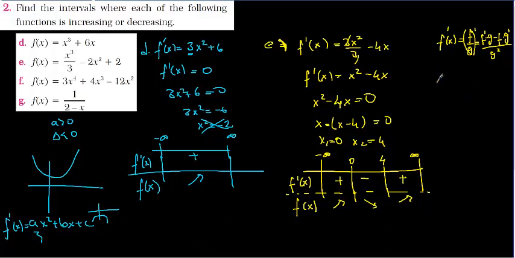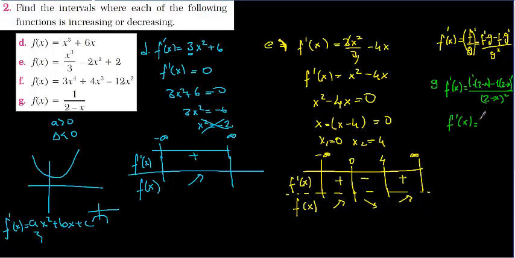This is the g1, and f derivative x is equal to 1 derivative times 2 minus x, minus 1 times 2 minus x derivative, over 2 minus x squared. So f derivative x is going to be equal to, here